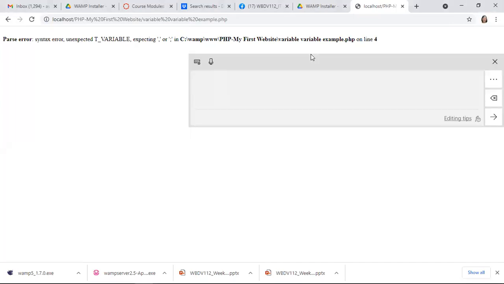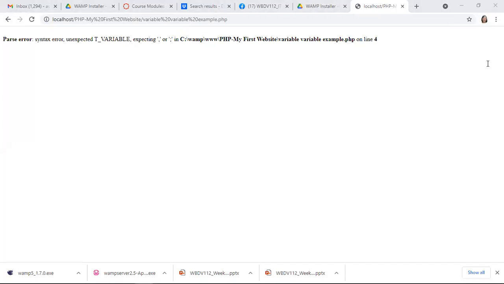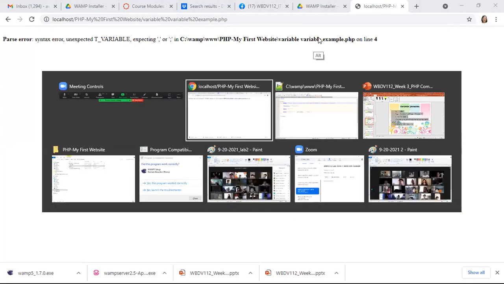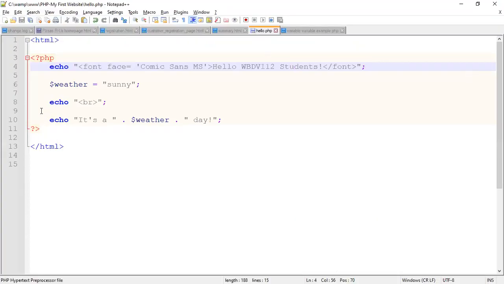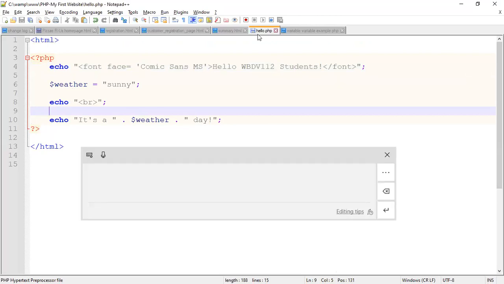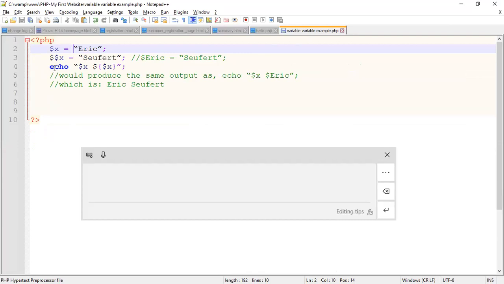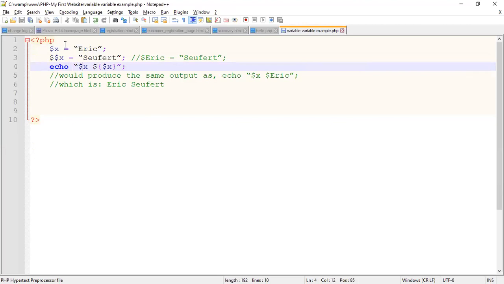Okay. Yes. Because right now, I'm teaching you by walking you through some errors, and this is how you learn more. So it's really trial and error when you are programming. That's how you also do it. So let's go to line 4. Remember, look at line 4 here. In my line 4, I have echo, and it says here dollar, dollar. Now, if I remove this,